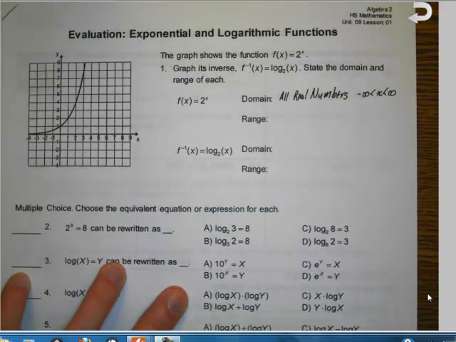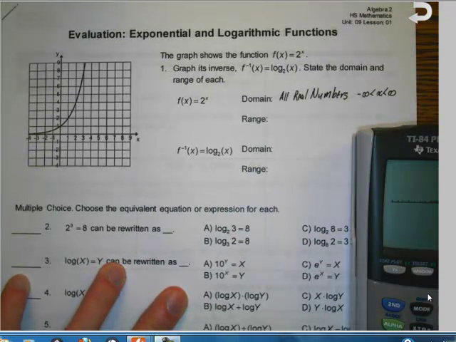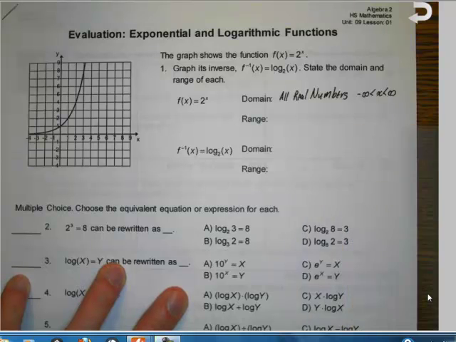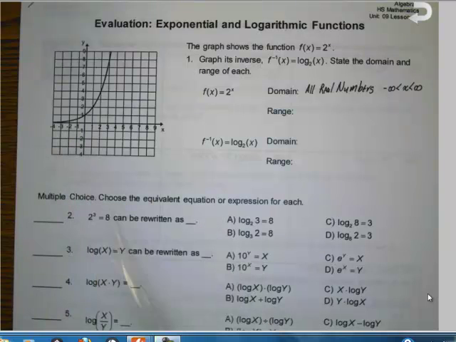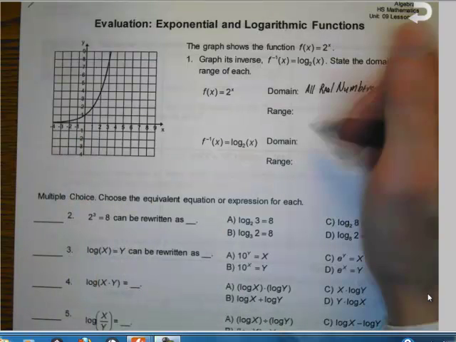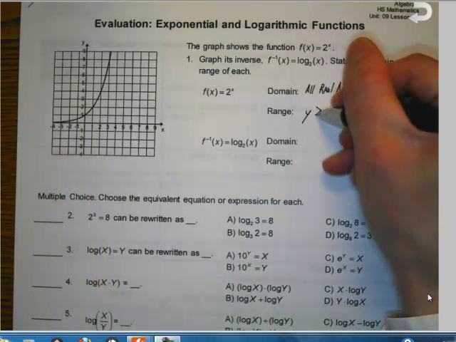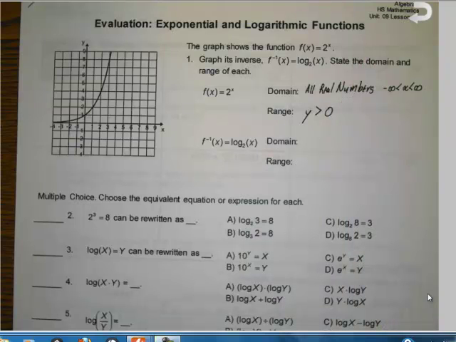And now let's take a look at the range. Now, you had said that there was a limit on the y values. If you look, y has to be greater than 0. So that's your range. Y has to be greater than 0. Y is never equal to 0. It's just greater than 0. Now,